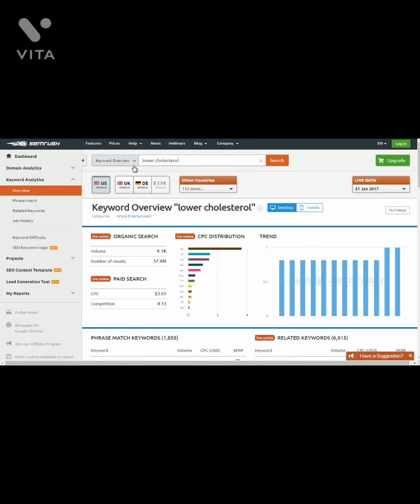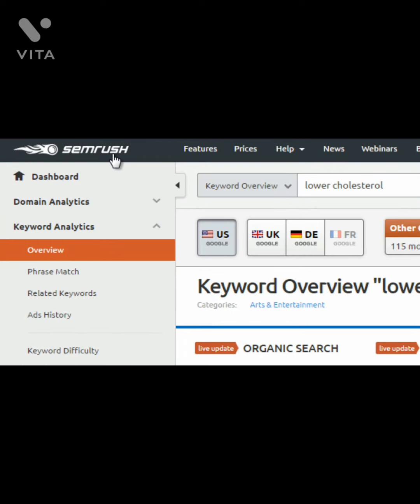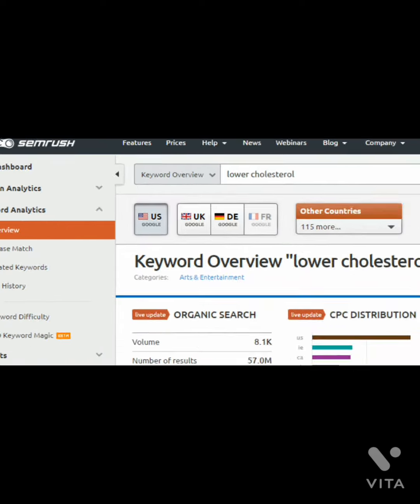And as you can see here, I went to SEMrush.com. And the keyword overview, as you can see here, I typed in lower cholesterol.